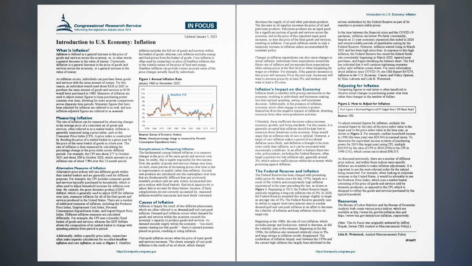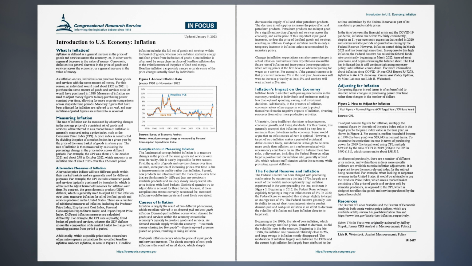For example, median household income in 1990, the base year, was $29,943 in nominal terms. To determine the equivalent income in terms of purchasing power for 2019, the target year, using CPI, multiply $29,943 by the ratio of CPI in 2019, 256, to the CPI in 1990, 131, which comes out to about